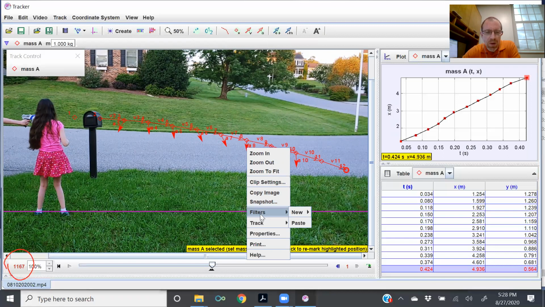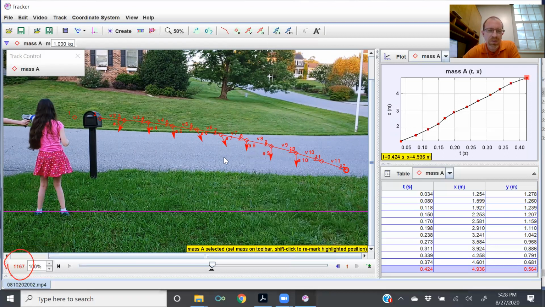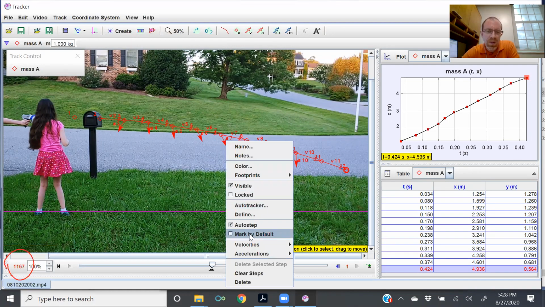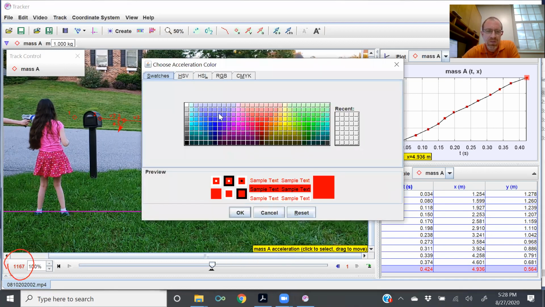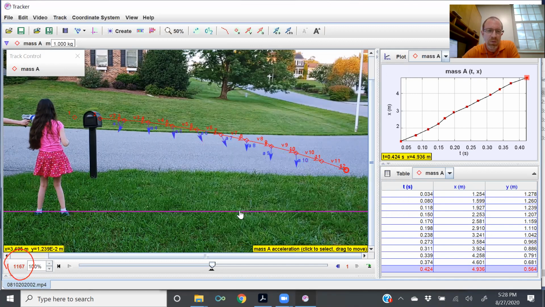So anyway, I right clicked on that arrowhead, and at least I thought I did. Maybe I missed. Let's try one more time. Right click. There we go. Now I got it. And I'm going to go down here to accelerations, and I'm going to change my color